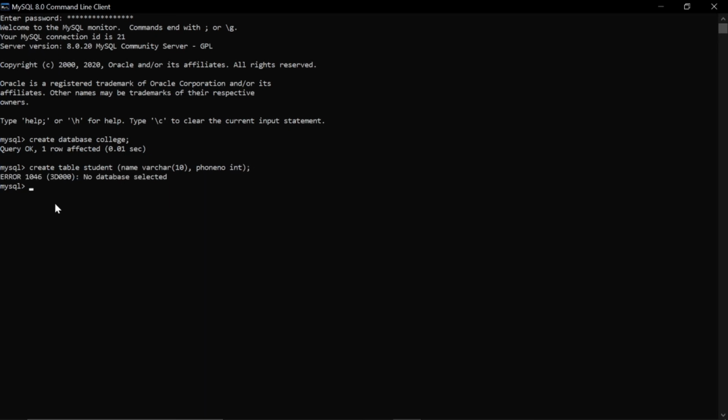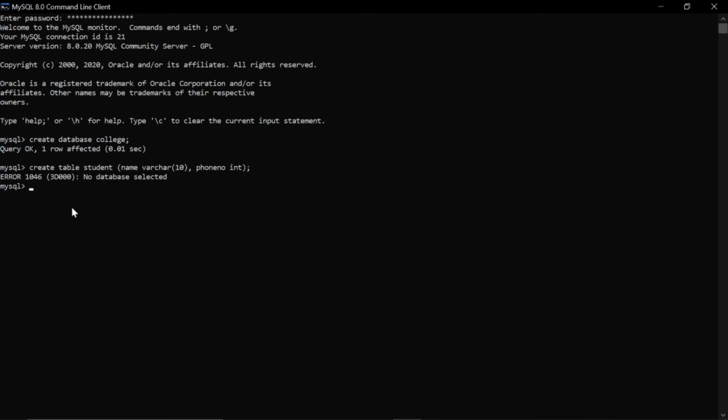Here it is giving us the error that no database is selected. Why has this error come? In this software you are not limited to creating only one database. You can create multiple databases. So the software won't be able to tell in which database you want to insert your data. For that you have to first select that database and tell the software that this database I'm using to store my data.